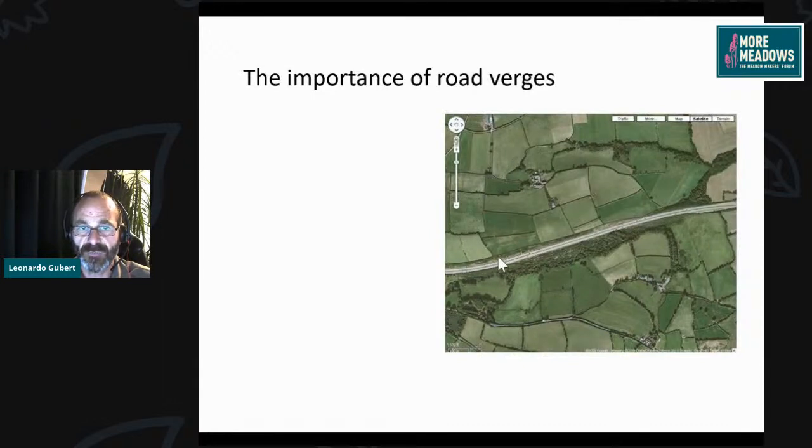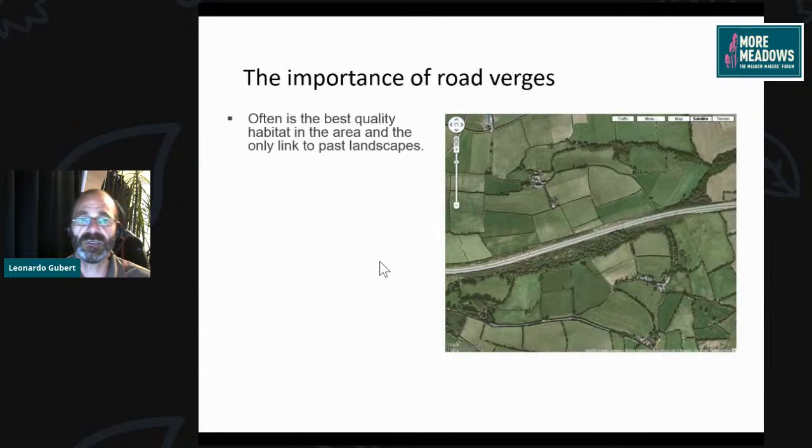In road verges, they offer that linear habitat running all the way along, connecting all these tiny hedges. So they do offer a fantastic opportunity for wildlife. And it's often one of the best habitat qualities and the only link to past landscapes, because if you think